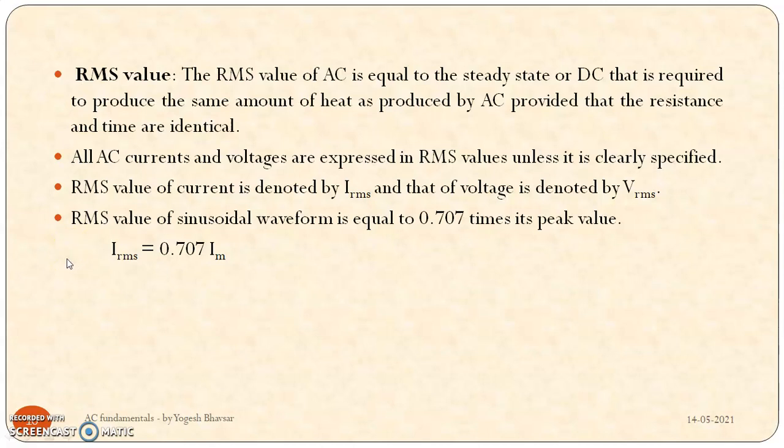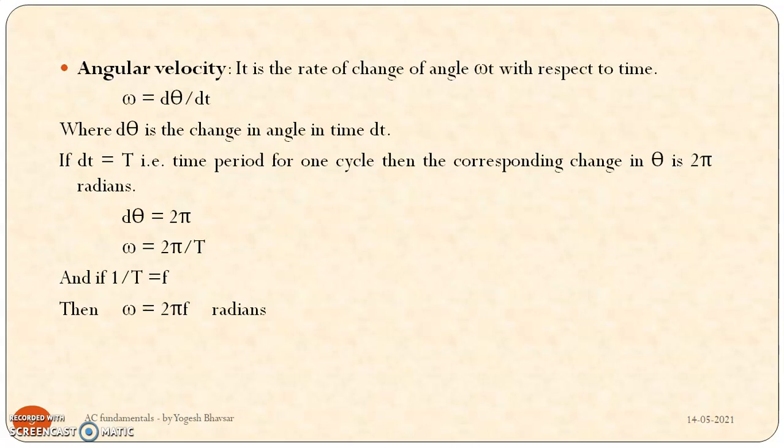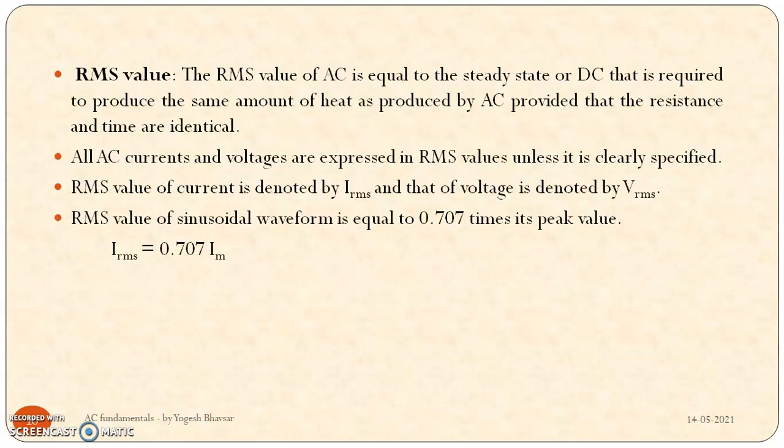Okay, so as of now, for AC fundamentals, we have seen different definitions of the sinusoidal waveform like cycle, instantaneous value, frequency, time period, all those things. Now the next one is the RMS value. RMS stands for root mean square value. If we take it graphically, it is the root mean square of the given value.